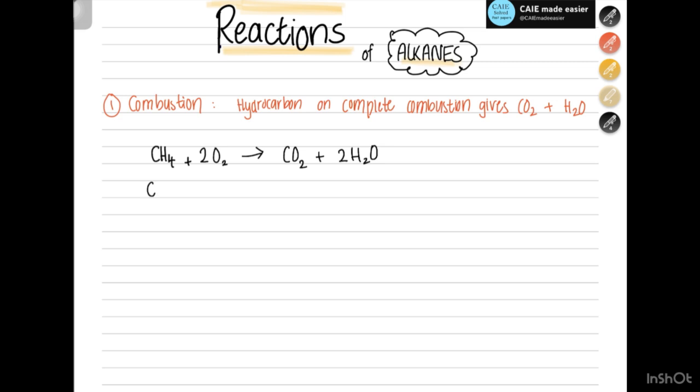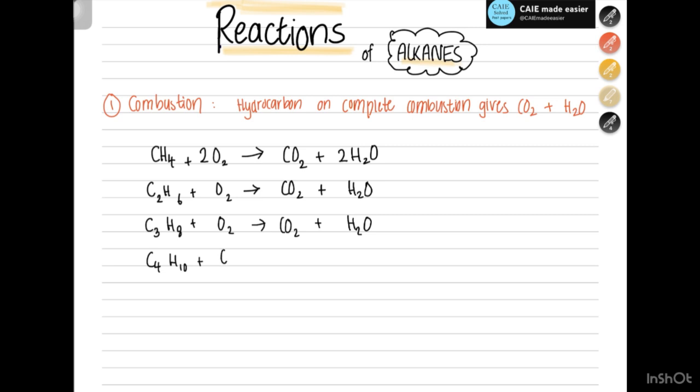Moving on, I want you to practice these on your own, but I'll show you as well. Plus oxygen forms carbon dioxide and water. I'll write them and then you can take a screenshot and try to balance on your own. I will give you the answer as well. C3H8 plus oxygen, carbon dioxide and water,